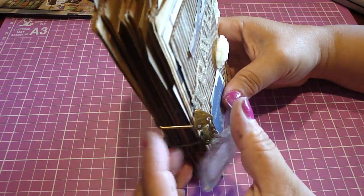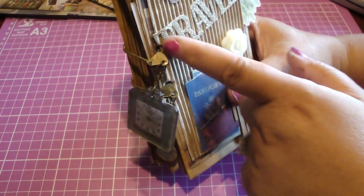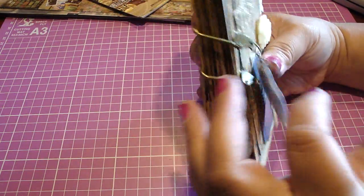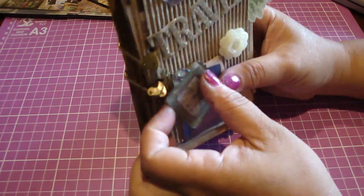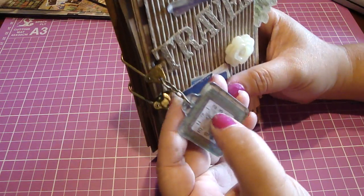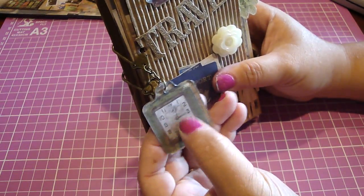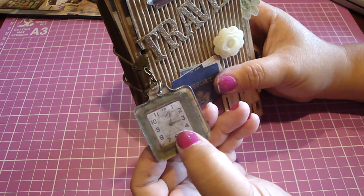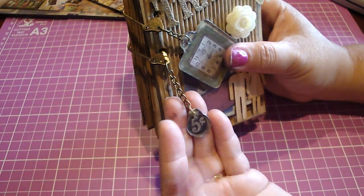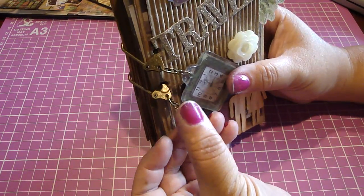To bind the mini together, I used the Tim Holtz Swivel Clasp. And you can see I punched 2 holes here using my Big Bite, and then I add the swivel clasp there. And then on the end of the swivel clasp, I cut some of the chains out, and then I add these fragments, and then I used some glossy accents to adhere the design paper underneath. And then same thing with this one. I add a little fragment right here. What's nice is on the chains here, you can add some more charms if you really like a lot of